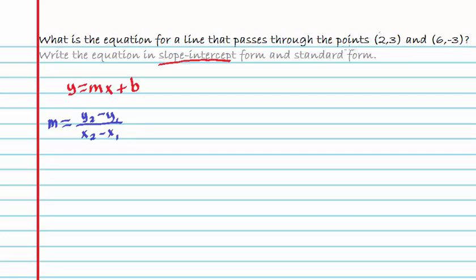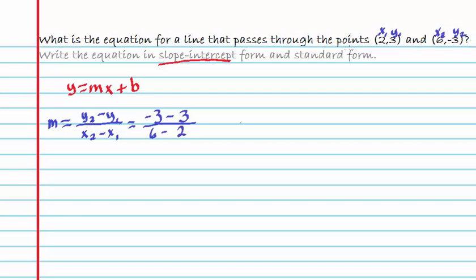I need to come back to my points and label them. So I'm going to call this first point x1 and y1. It's my first point. And then I'll call this second point x2 and y2. Now I'm going to plug those numbers into my formula. So again, I'm subtracting my y values. So I labeled -3 as my y2 minus my y1, which was 3, and I divide that by 6 minus